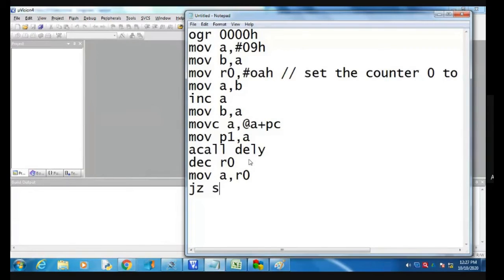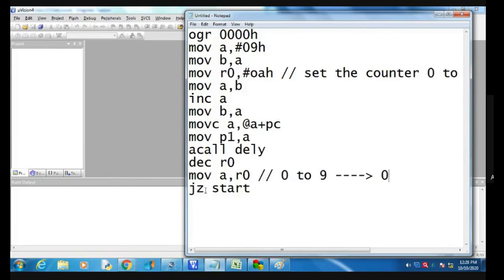Why is it considered as a start? Because here I am going to define my counter, a counter from 0 to 9, and then after 9 it goes again to 0.